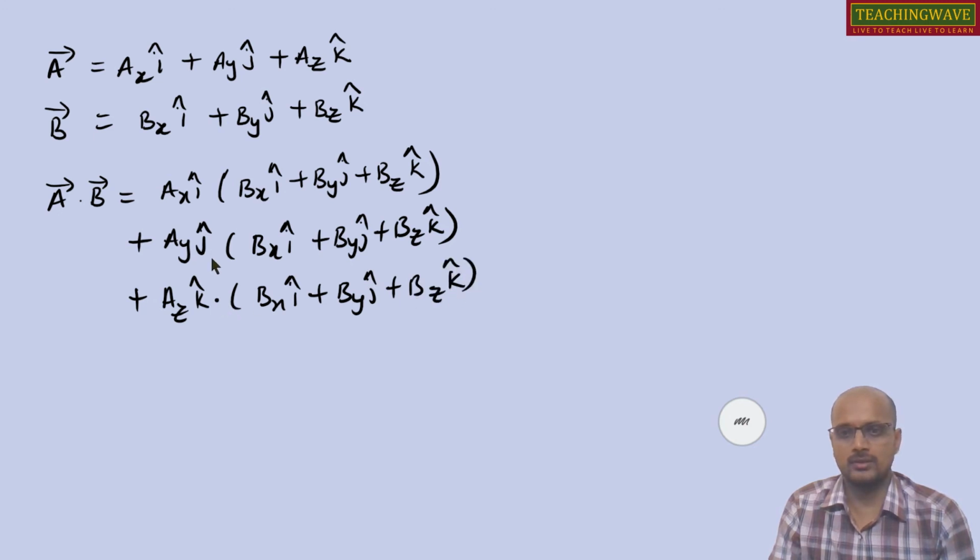That means dot product only. And according to the distributive law, further we can write ax bx i cap dot i cap